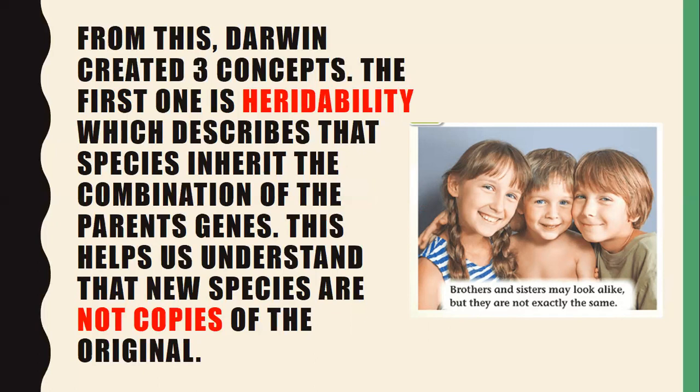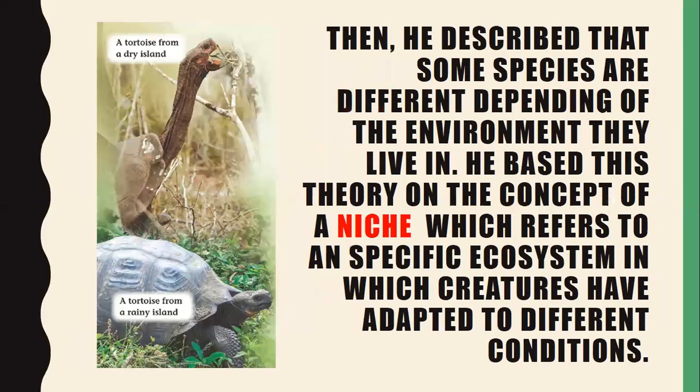And in the case of most species, they are not the exact same copy, which means that we are different from the original. In other words, you are not your dad, and your mom is not you. You are a different person, you are your own, and as well other animals. For example, if a lion has a baby lion, that baby lion is going to be a different animal and it's not going to be the same. It is always going to be the same species, yes, but it's not going to be the exact same animal.